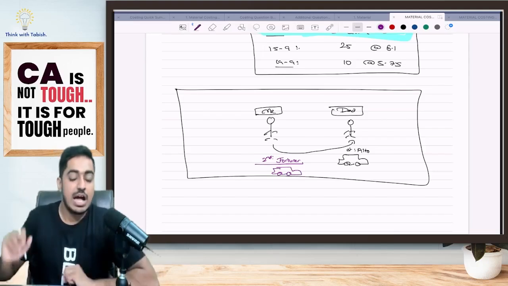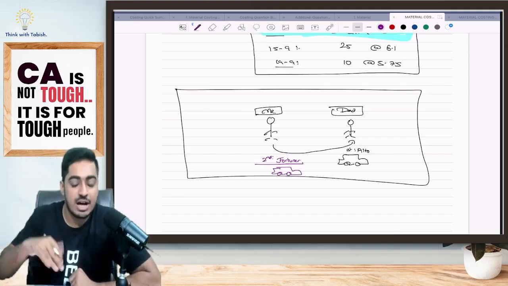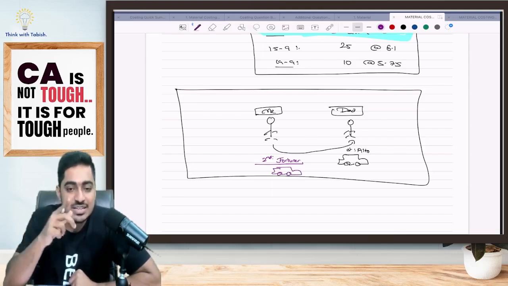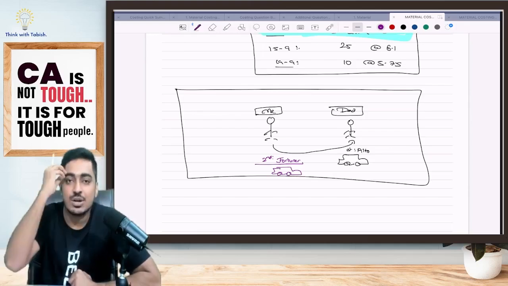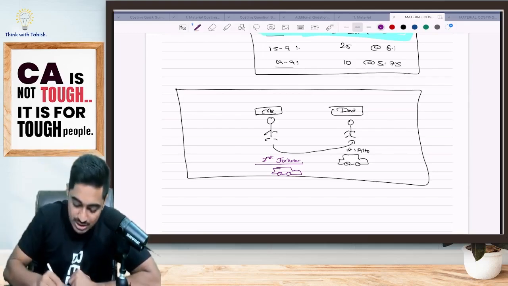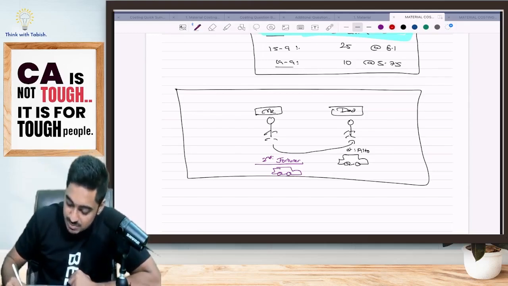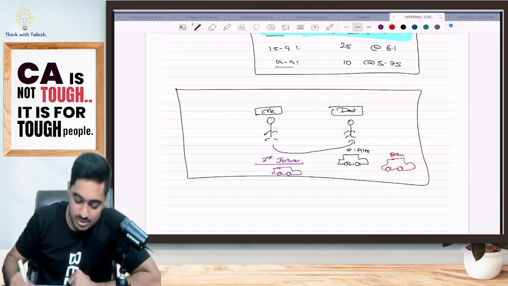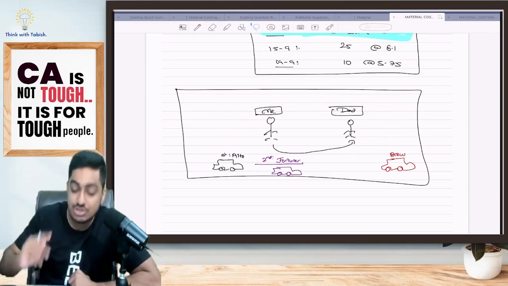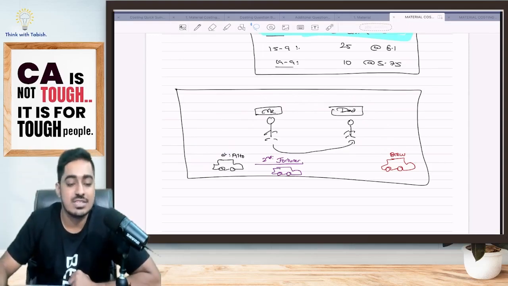So now after some days, this hit my dad's ego. Dad is telling, my son is going in a Fortuner, I am going in an Alto. Doesn't make sense. So dad decided, let anything happen, I want a car bigger than my son's car. So he decided that he will purchase a BMW. He purchased a BMW and he told me, the car that you have given to me, I am giving it back to you. Take it, keep it with you, enjoy. This is what he told me.